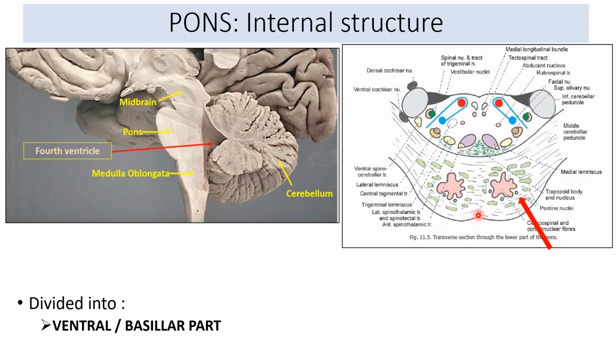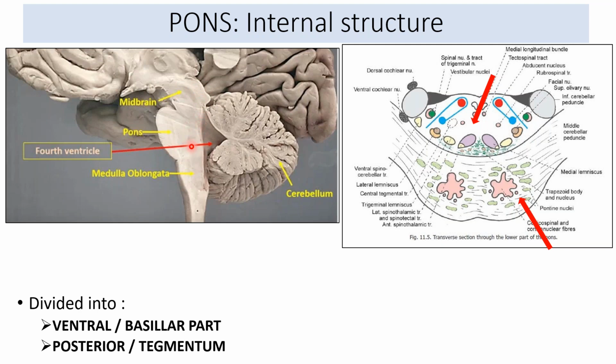This is a diagram that you should be able to draw. This is the ventral segment, from this part to this part, having the basilar sulcus. The posterior arrow-marked area is the tegmentum part, or the posterior part. This is called the tegmentum of the pons. Remember, there was a term called tectum. Tectum is for the midbrain posterior aspect: the superior colliculus and inferior colliculus, this area is tectum.